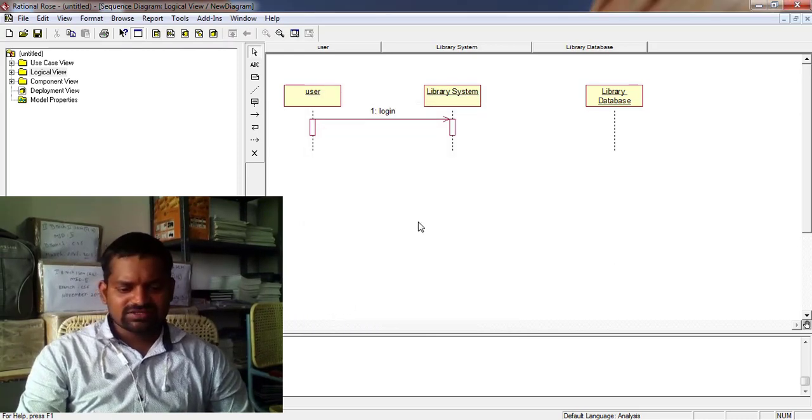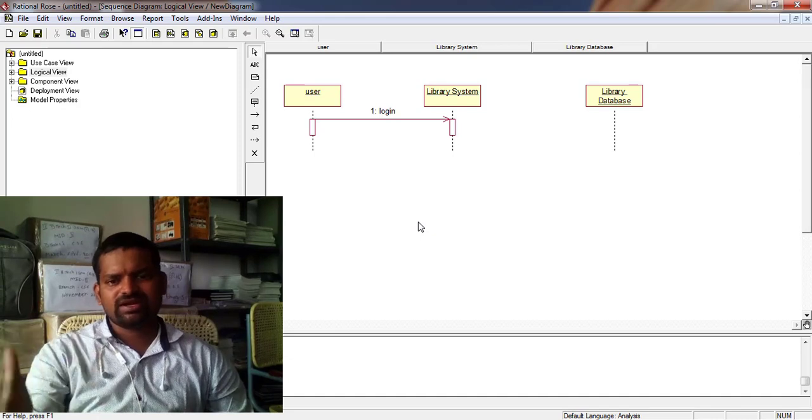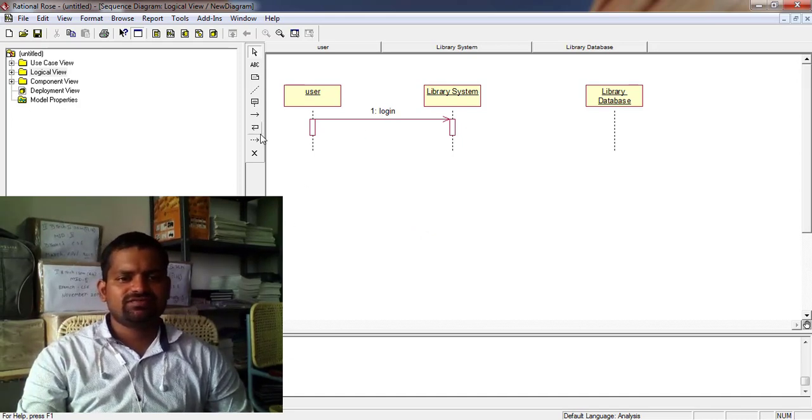Next, authenticate login from library system to library database. Authentication of the login, you need to draw like this, from here to here.